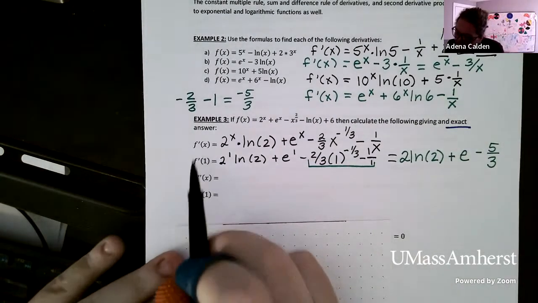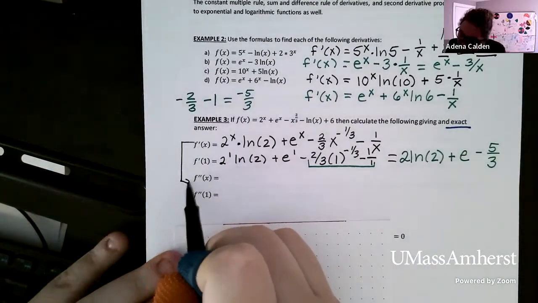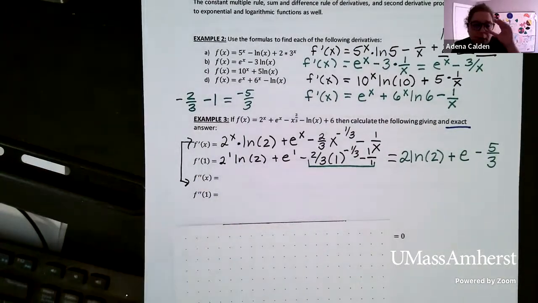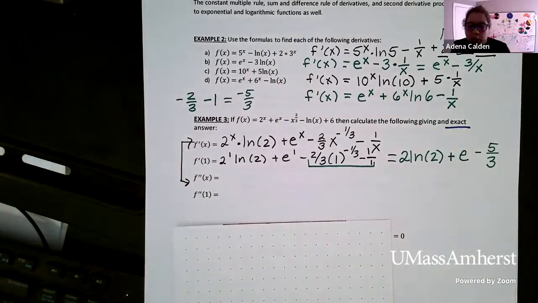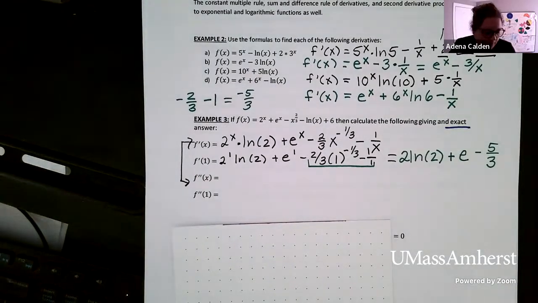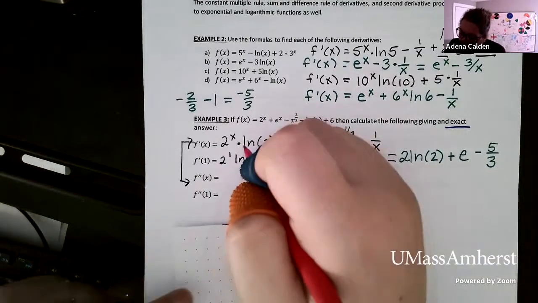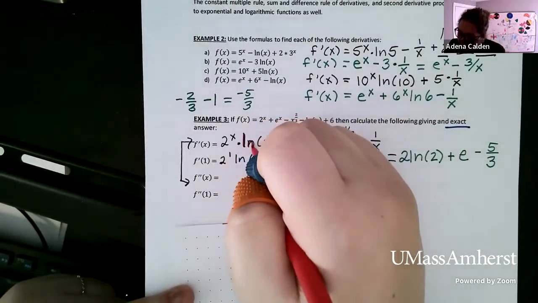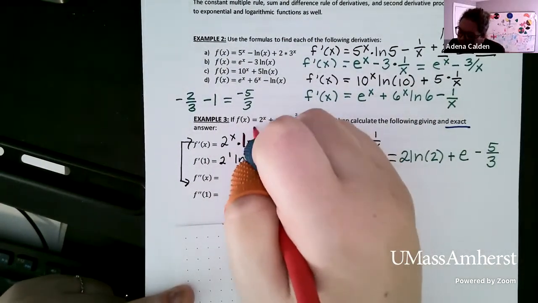Okay, so here we want to go back to the first derivative, which is f prime of x, and we want to look at each piece. So here's where we need to be a little bit careful. So look at this first term. We have 2 to the x times the natural log of 2. So as a reminder, the natural log of 2